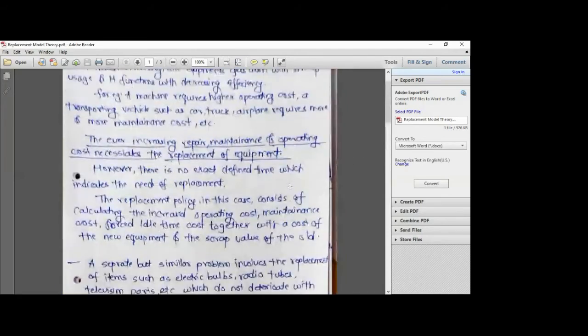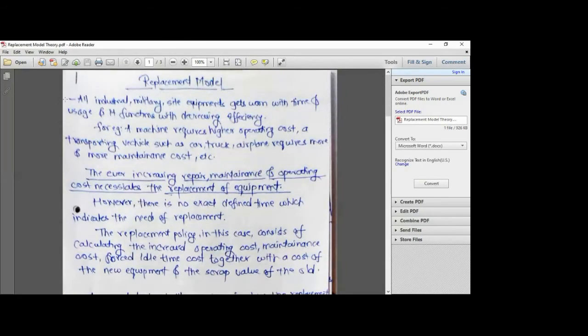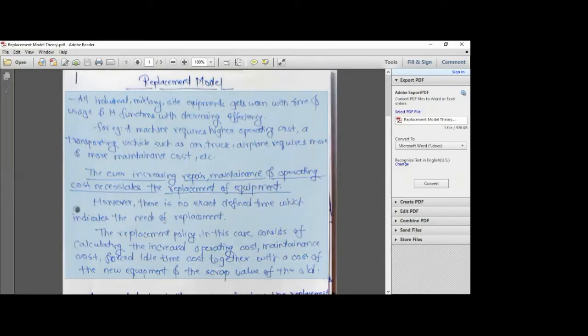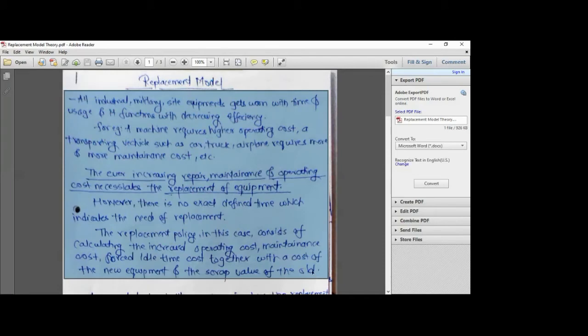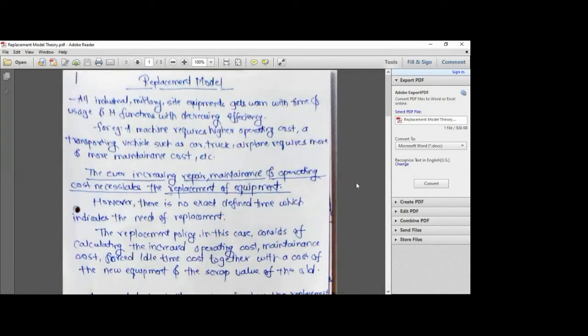Now this is one set of problem, right? Here, in this set of problems, the efficiency of the machine is decreasing because we are using that machine, time to time we are using that machine, and because of that the efficiency of that machine is going to decrease after some time. This is the first case, right? There can be a